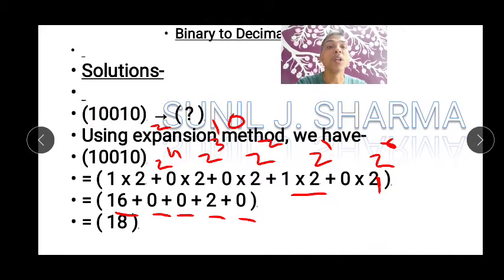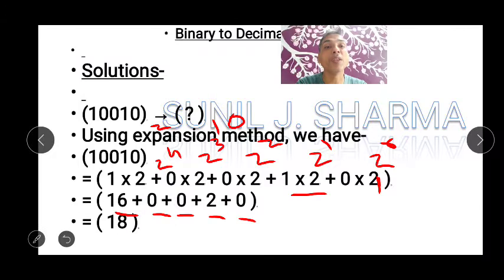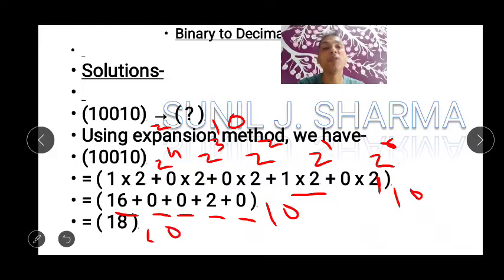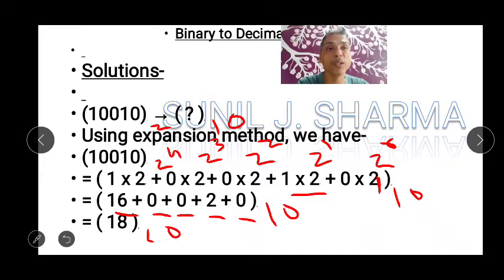Now again there is a problem, because this has to be in decimal, so everything should be in decimal. Some base is written but we can't see it. So when you add 16 plus 2, that will become 18. We'll see one more example, and then it will be more clear. This one is without a fraction.